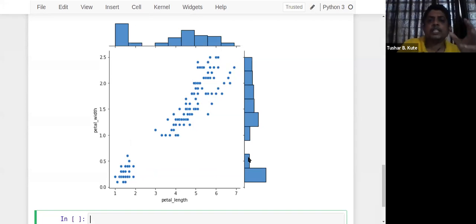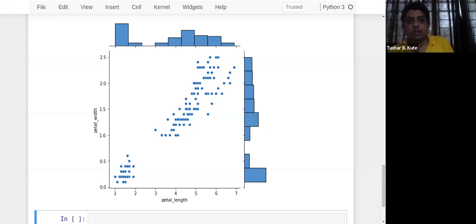And the maximum number of elements are lying in this range, for this area also, for petal length also, for petal width also. So in all directions, everything is utilized by this method: top, bottom, right, left, center. By this we can have two plots at a time, where it shows the histogram and the scatter plot at the same time. So you just have to mention the x parameter, the y parameter, and the data frame from which you are going to take it.